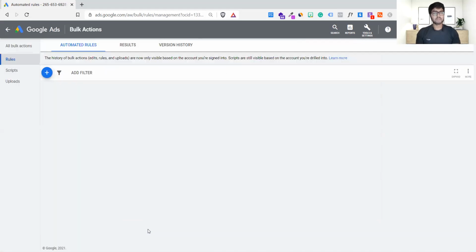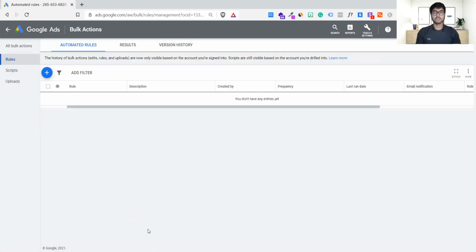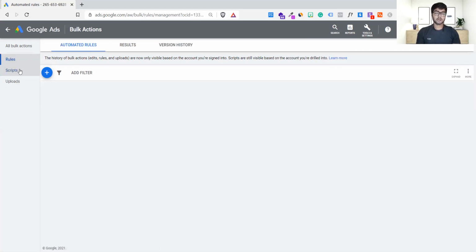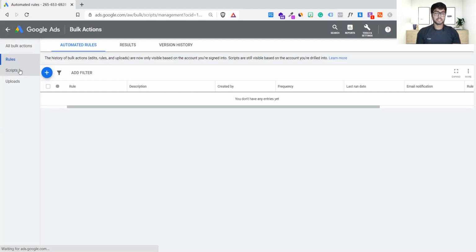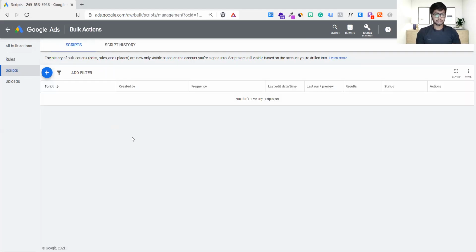Suppose you are running big budgets like 1 lakh rupees, 2 lakh rupees in a month, or probably more than that. You cannot reload every 10 minutes to see what is happening, what the cost per lead is, whether it is going right or not. In order to do that, we use automated rules. So today we are going to learn something new inside the same thing, which is scripts. Those who are familiar with coding languages can use scripts. This is called advanced analysis, advanced commands to Google Ads, and you can almost take control of everything.